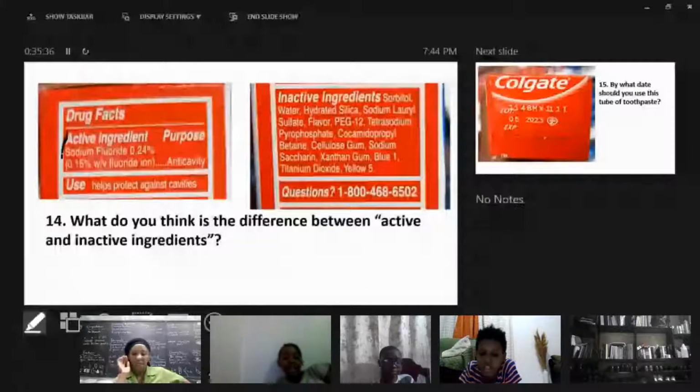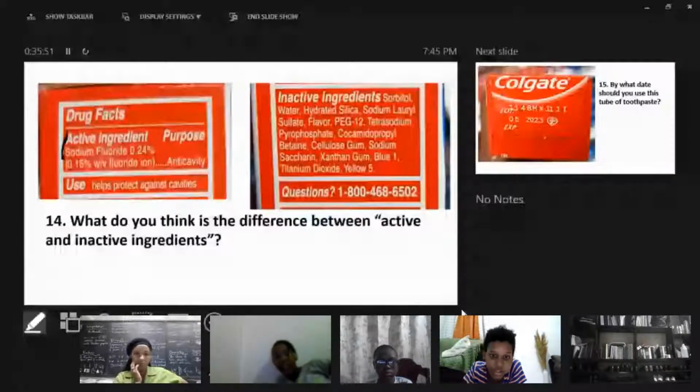Miss, active ingredients are ingredients that actually do something when the item is used, and inactive ingredients are when it doesn't do anything, it just makes the item or helps make the item. If it doesn't do anything, why would you put it in? If it really does nothing at all,